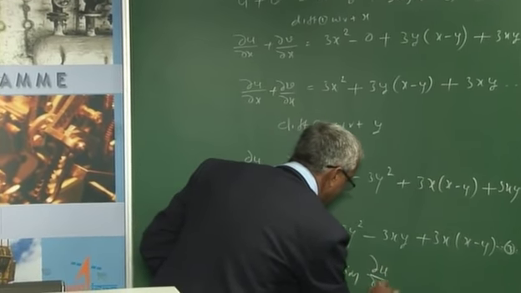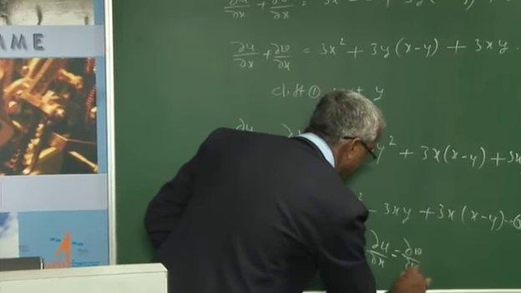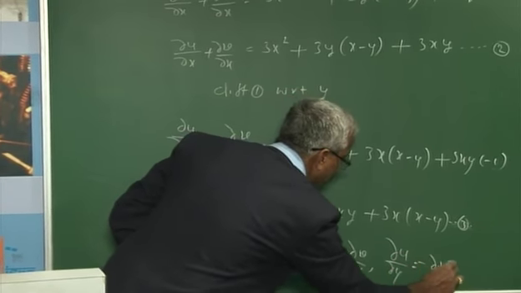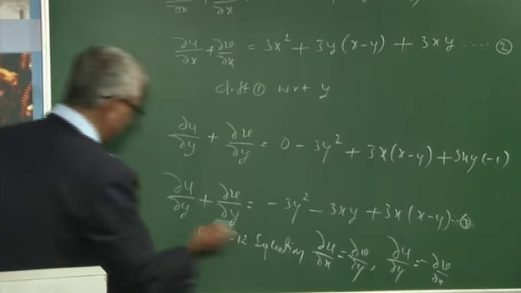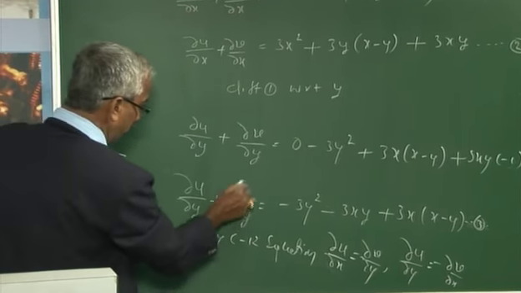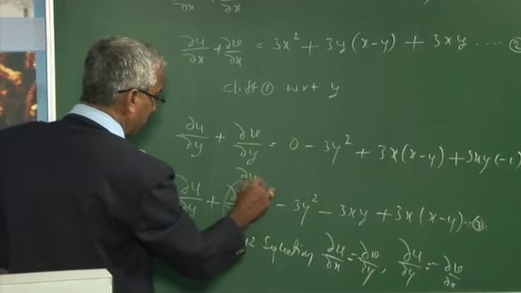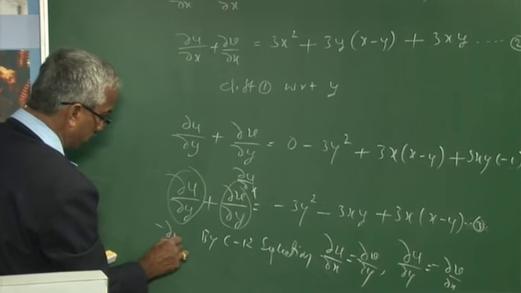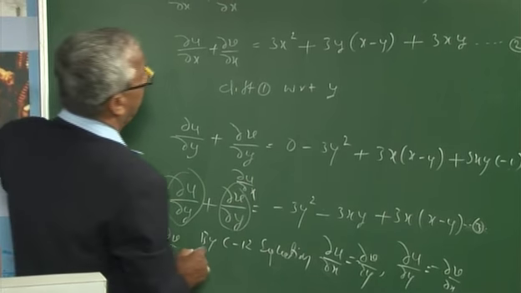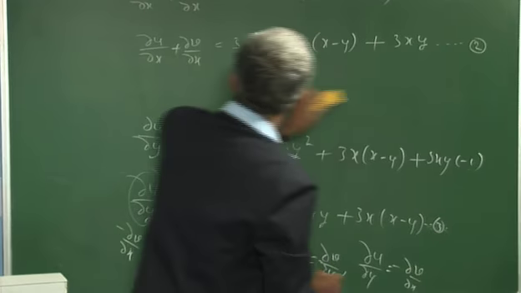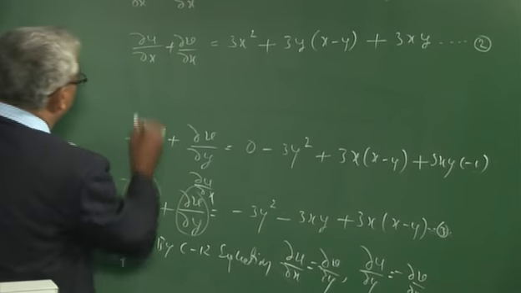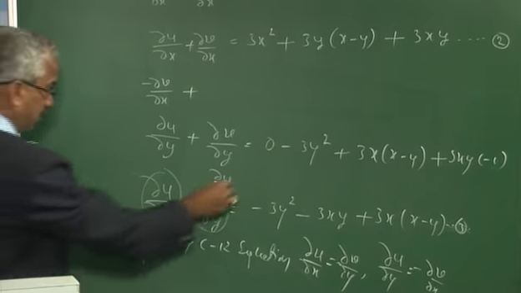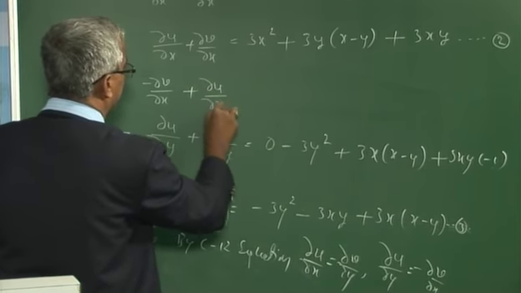By the CR equation, dou u by dou x is equal to dou v by dou y, and dou u by dou y is equal to minus dou v by dou x. I use this result here. So, dou v by dou y is replaced by dou u by dou x, and dou u by dou y is replaced by minus dou v by dou x. So, therefore, I can get that minus dou v by dou x plus dou u by dou x